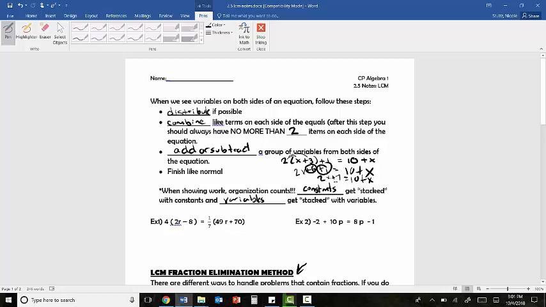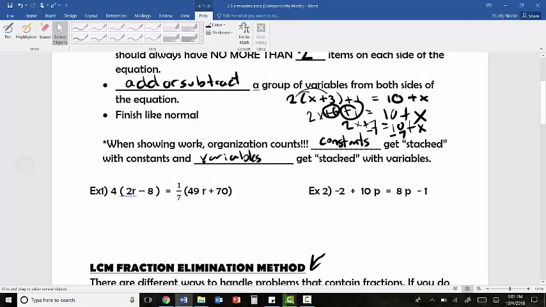That's great. The only rule is if you subtract 7, you need to put it in the correct column over on the right side of the equation. So we want to put 7 underneath 10, and that's why I wrote here that constants get stacked with constants. That means numbers with no letters should go under numbers with no letters. So we never want to stack things in the wrong columns. And we're not going to finish that problem because we're actually going to do 2 of them,